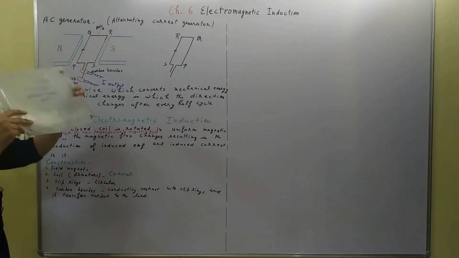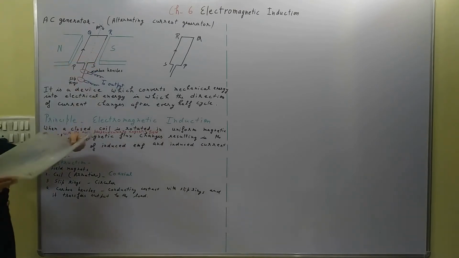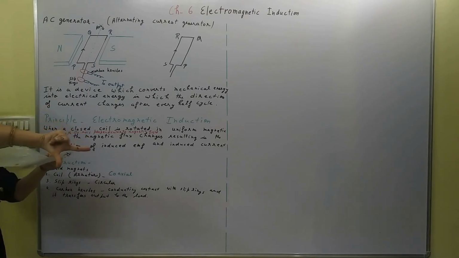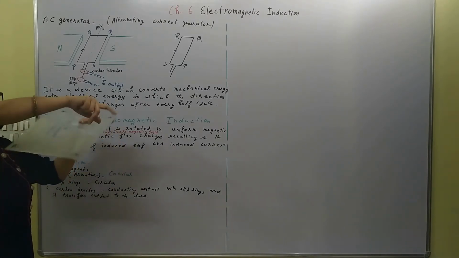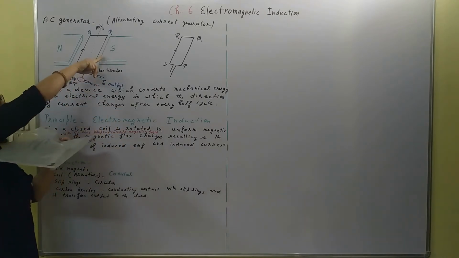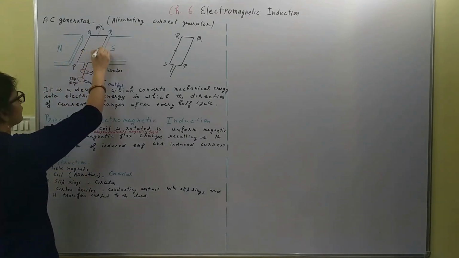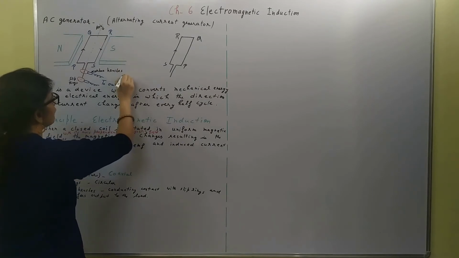Now if it is moving like this, that means RS is going down if we are talking about this case. So now right hand thumb rule, this is the magnetic field, this is the direction of motion, this is RS. Now RS is moving down, this is magnetic field, so the direction of current will be RS in this case. So this is RS. So initially what was the direction of current? PQRS. So this is the case of PQRS.